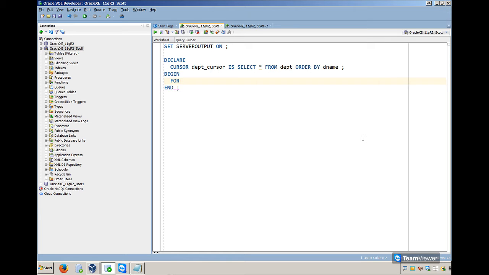We will have to print something before each department starts. Let's process this: for d in cursor, loop, and end loop. What is it that we need to print? dbms_output.put_line. First of all, what we want to print is d.dname,